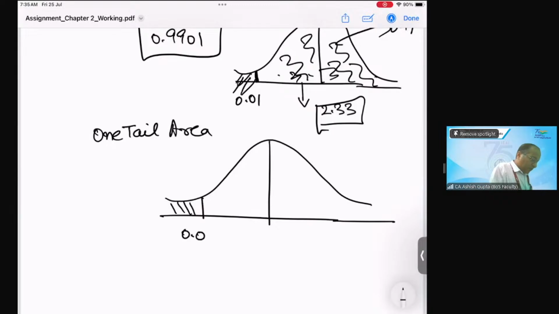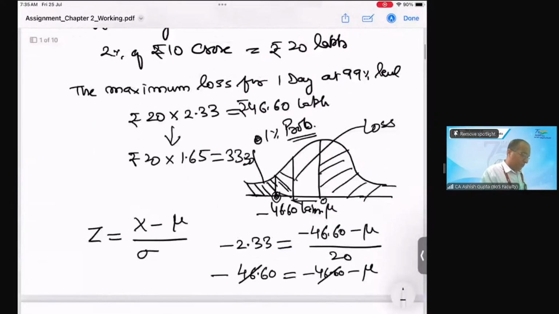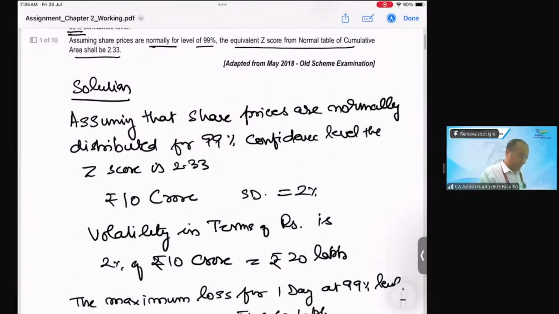So then the value will be only 0.01. Okay, so this value will be for the variate of 2.33. These values are normally used as cumulative area, and we subtract it from 1. Whatever is the cumulative area, we subtract it from 1, because we are likely to use it in the next question. Okay, no problem, student. If you could not get it right now, you will understand when we come to